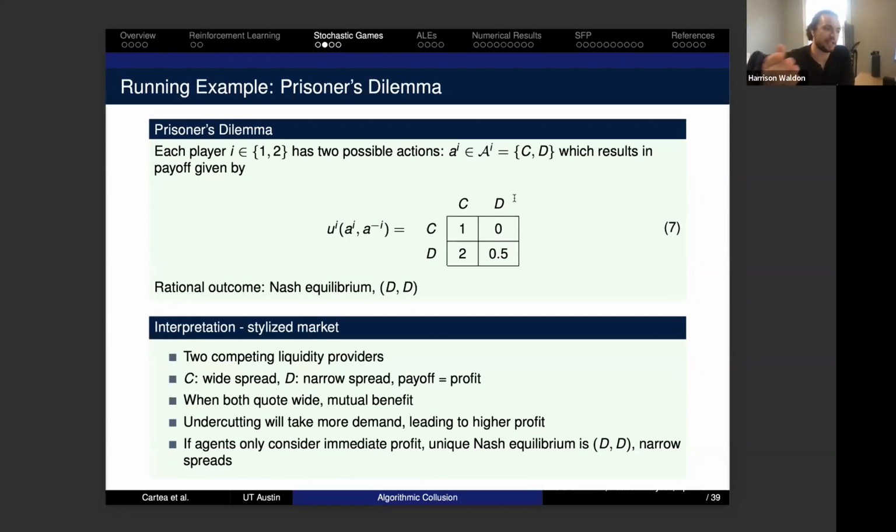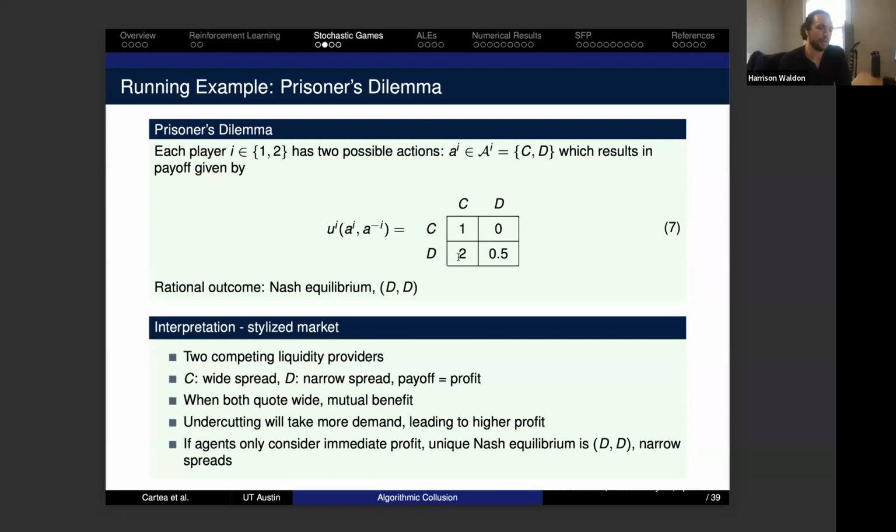So this corresponds to each LP getting a payoff, which we just normalized to 1. However, quoting a narrow spread will undercut your opponent and take demand. So you'll get more of a payoff. You'll get the payoff of 2 if you undercut your opponent while they quote wide. So you'll get greater payoffs than the mutual wide